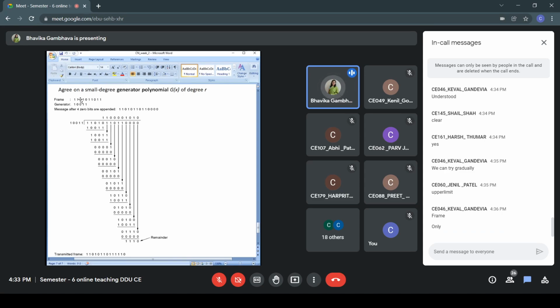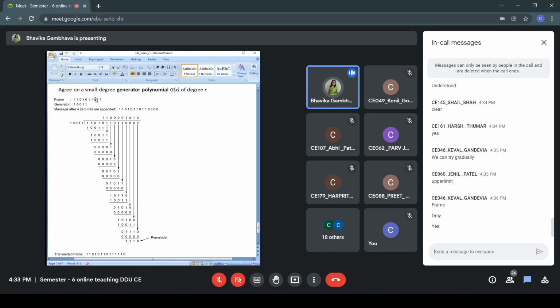Frame only means the data which we want to send, that can be of maximum 20. Is that what you are saying? Okay, fine. So maximum I can have 20. I can ask you to just work it for 10 ones together. Your data can be of 10 bits or 11 bits or 5 bits, but maximum 20 bits. So we have defined that the data to be sent maximum will be 20. So accordingly you can define your parameters.